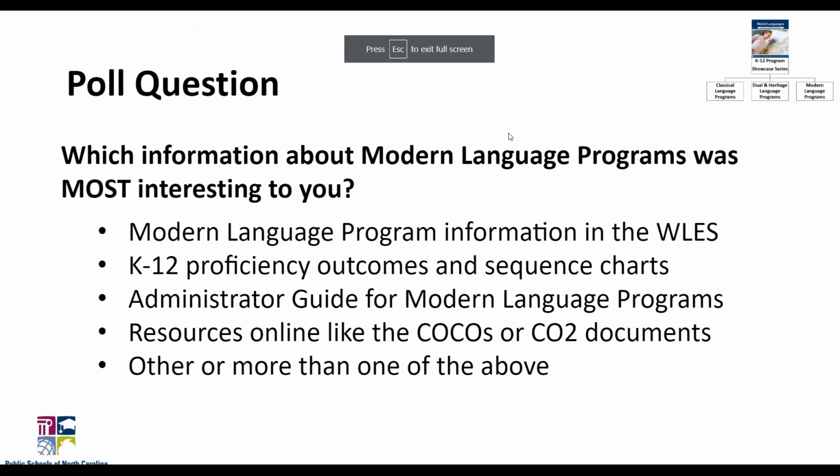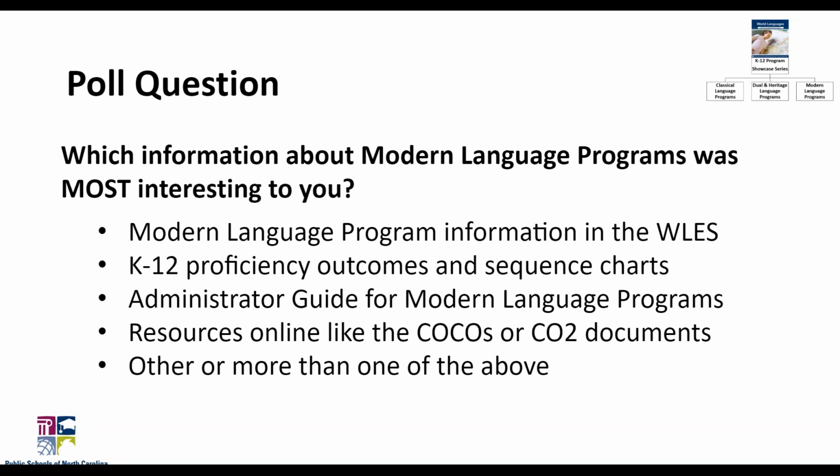So that brings us to the end of our overview and discussion about how our K-12 modern language programs look in our World Language Essential Standards. So let's talk about our next poll question here. Thinking about that, which information that we just discussed about modern language programs was most interesting to you? Was it the modern language program information in the WLES, our World Language Essential Standards?